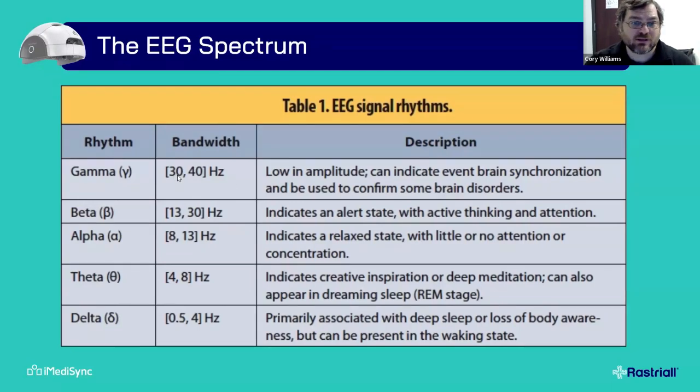And then gamma, which goes in the 30, 40, sometimes even up to 50 range, can be indicative of disorders, like, for example, schizophrenia. But gamma also occurs when we have aha moments. So when our brain is learning something new and we are internalizing that knowledge, our brain should burst little bits of gamma. Also, gamma is present when we bind networks together, when we need to cross-task. But that's really complex stuff. For the most part, the thing to take away here is that there are different wavelengths, and we classify them by their speed and by what they do.